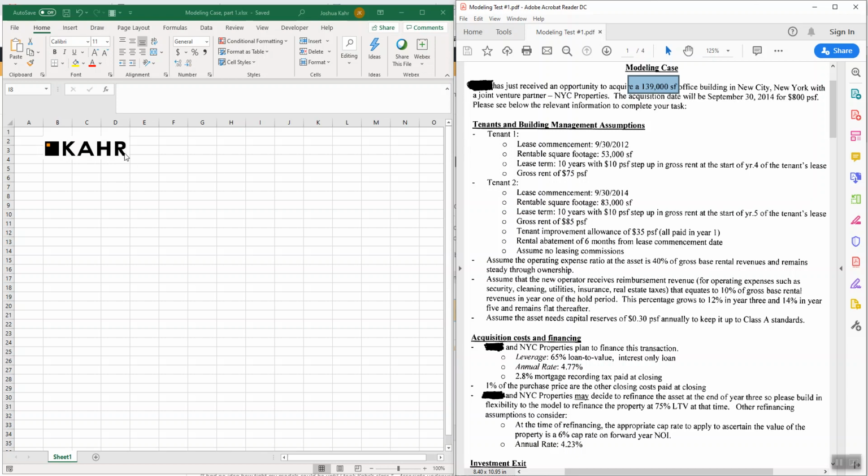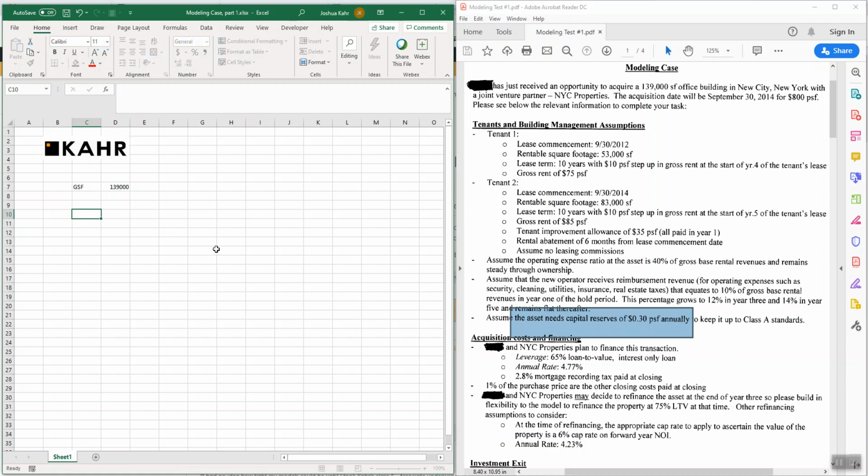I'm going to play along with them, and I'm going to just say that the gross square footage is 139,000 feet. And the reason that's going to matter is because later on, as you can see here, we're going to have to do capital reserves, which are 30 cents a foot. That will be tied to the size of the asset, so we kind of got to know what we know. Awesome. Then we're going to have tenant 1